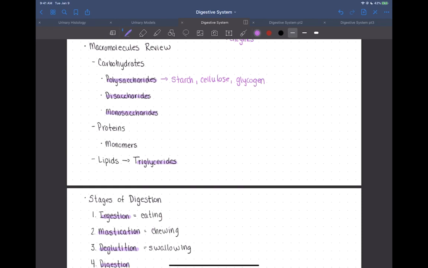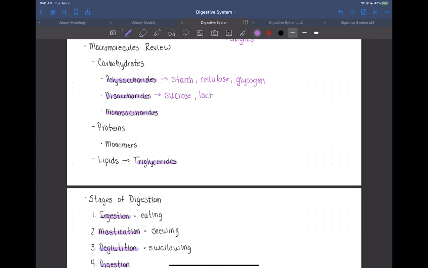All right, and then there are disaccharides. So these are just two simple sugar molecules linked together, and we are going to talk about those. So through the process of digestion, we're going to take these complex polysaccharides, break them down into disaccharides, and then those disaccharides, the bond between those two simple sugars can be broken, and each simple sugar can be absorbed. Okay, so it's important to remember what those disaccharides are. All right, so the three that you learned in A&P 1 should have been sucrose,